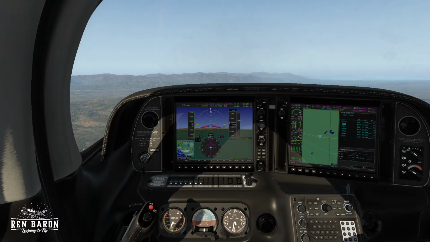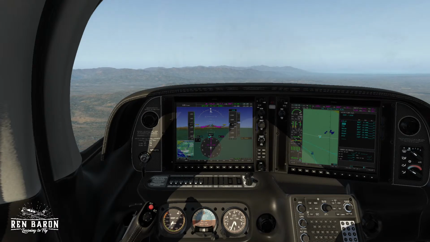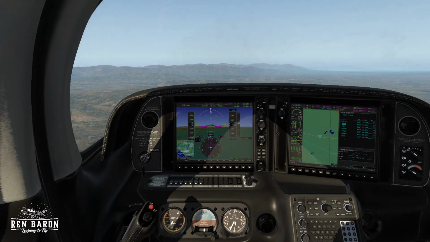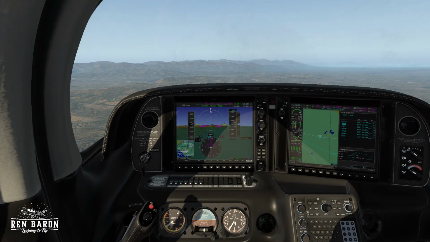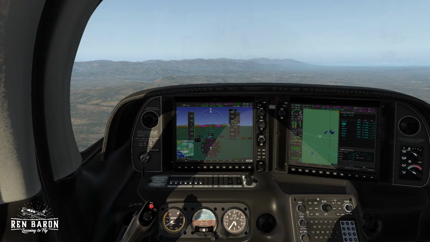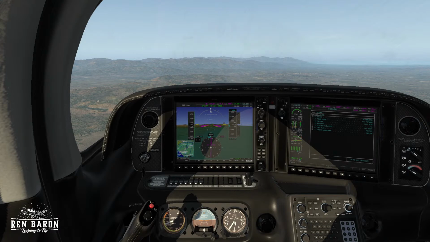Okay. Let her speed up a little bit here. Okay, so let's pull it back here now to 29.5. Go to our checklist. We're going to pull our mixture back to 16.1 gallons here, which is going to give us about